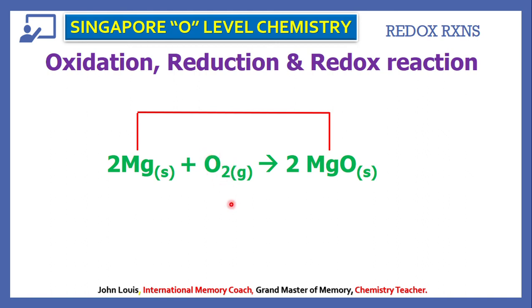So far, whatever concept we have learned is not enough to understand that oxygen has undergone reduction. So we need to wait until we learn further concepts in the upcoming videos. For the time being, we can understand here that oxygen is an oxidizing agent. It oxidizes magnesium to magnesium oxide. To understand why oxygen has undergone reduction, we need to wait to understand another concept called oxidation number or oxidation state. Right now, we may not be able to answer with this concept.